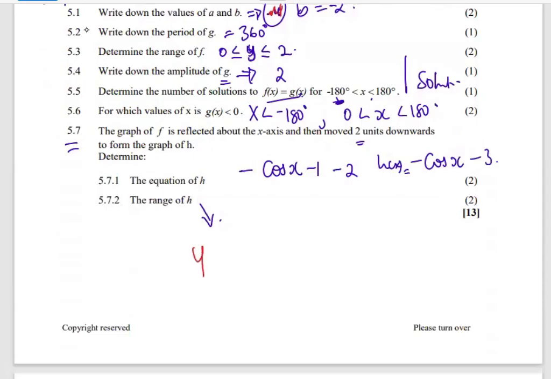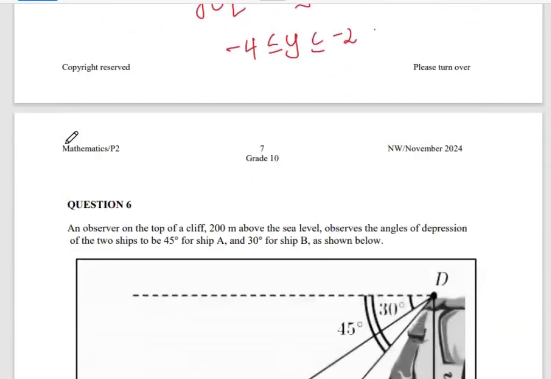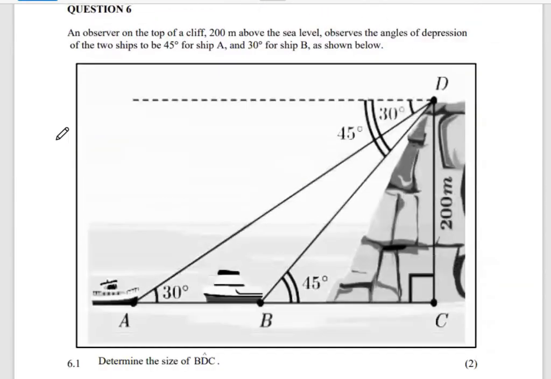So you can say y is an element of [-4, -2], or -4 is less than or equal to y, less than or equal to -2. All right, so that is question number 5. Question number 6, an observer